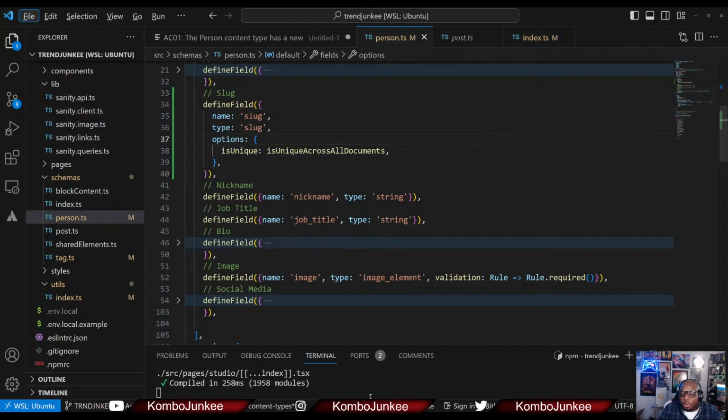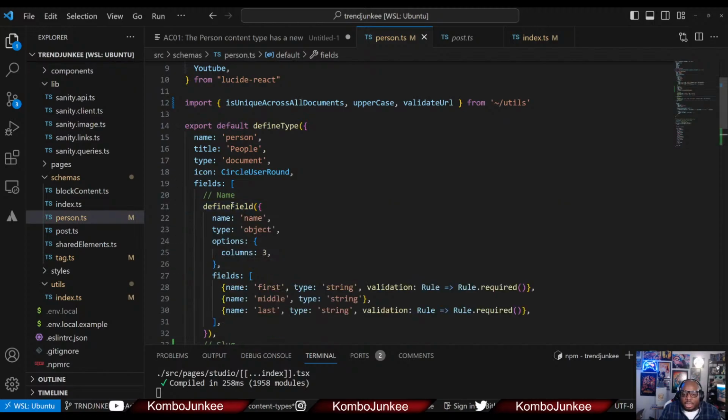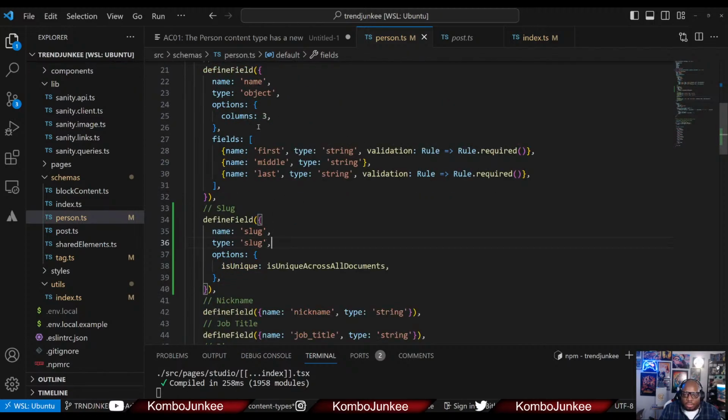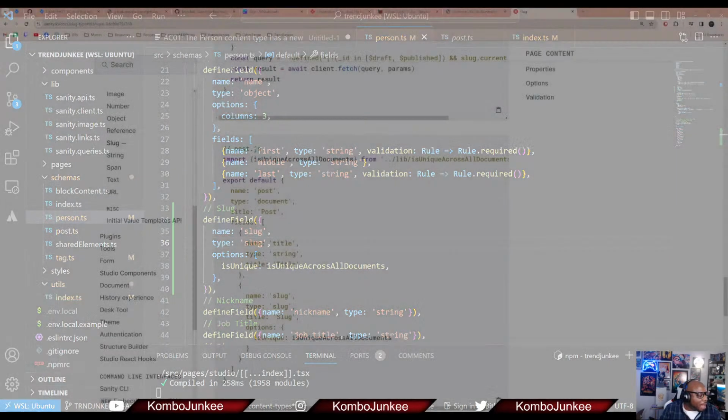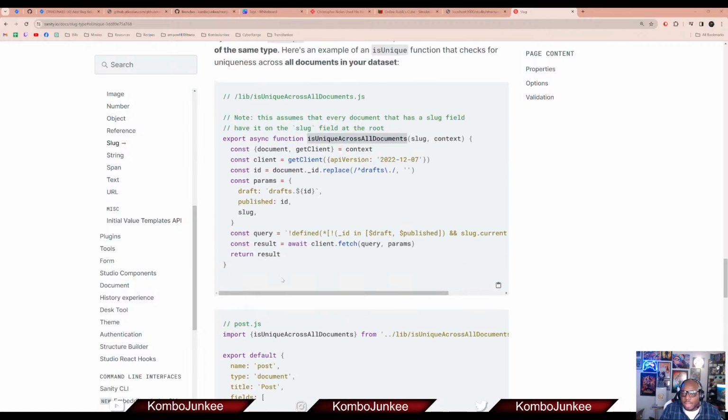I want to add one more thing, which is I want this to be auto-generatable based on very specific criteria, right? I want it to be a combination of the name's first and last string. Okay, so this means if two people have the same name, I may need to do something to make sure that these are unique. I may need to add like a 1 or something like that. So let's go back over to the browser. Okay. And let's find out how to auto-generate that,